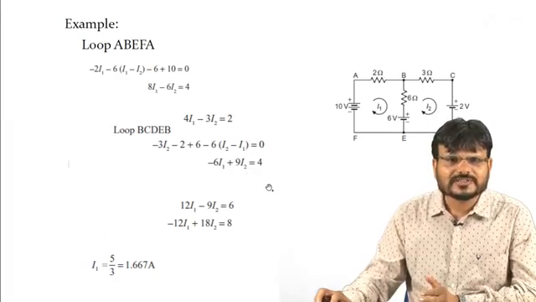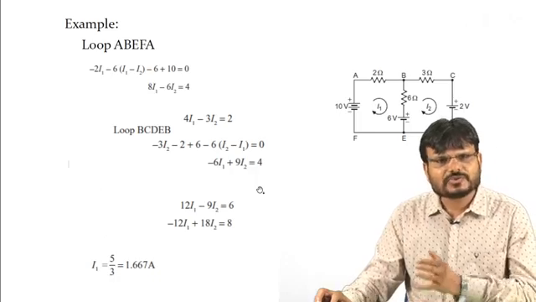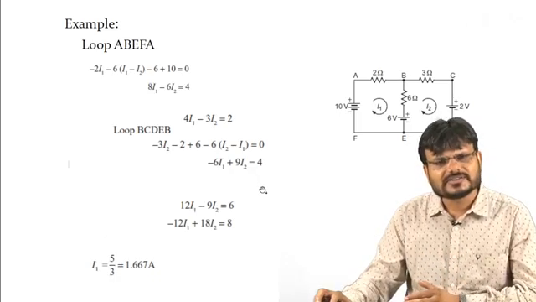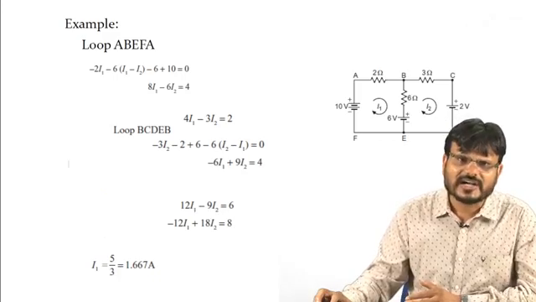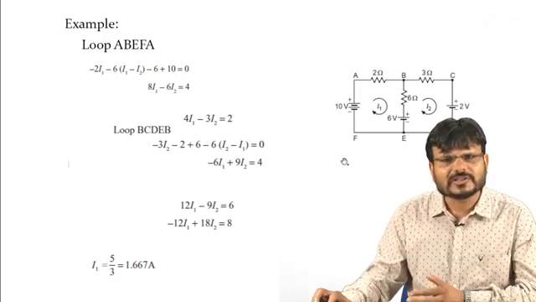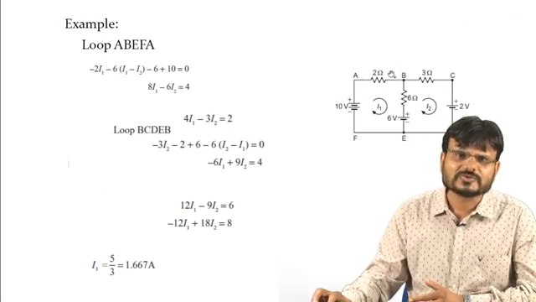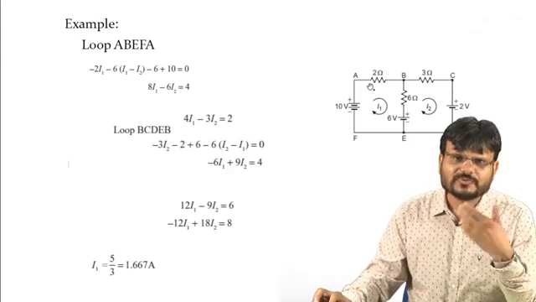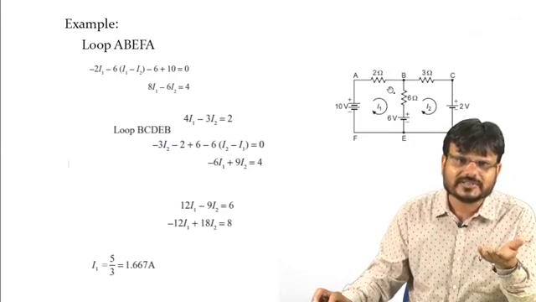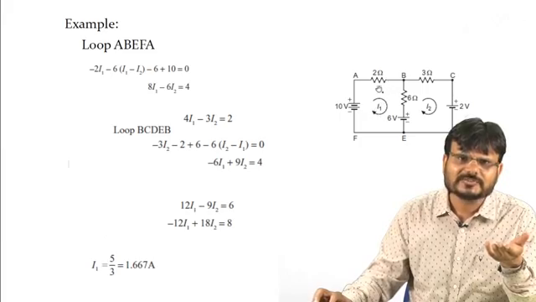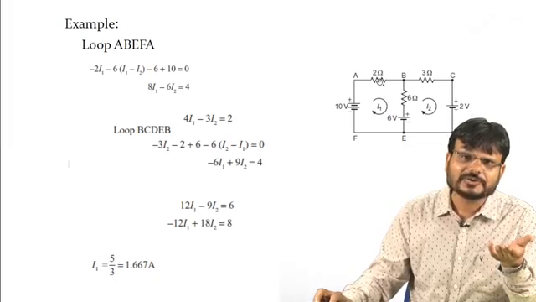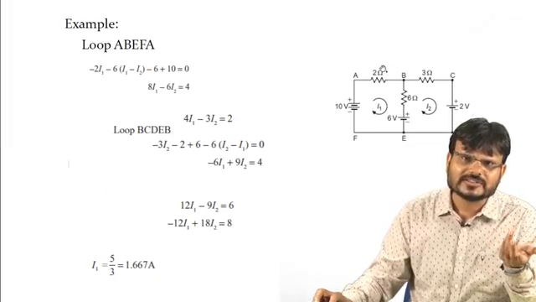So these two equations you can easily solve, and easily calculate the values of the currents I1 and I2. If you are able to calculate the currents I1 and I2 and it is asked to find out the voltage drop across this 2 ohm resistance, what will be the voltage drop? That means you have to find out the voltage across a particular resistance. You have to know the value of the current, and the current flowing through this branch is equal to I1, which you have already calculated. Just multiply I1 into 2. So this is the voltage drop across this 2 ohm resistance.